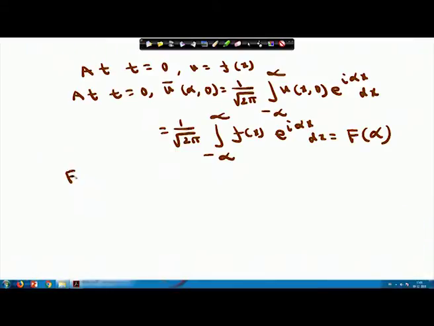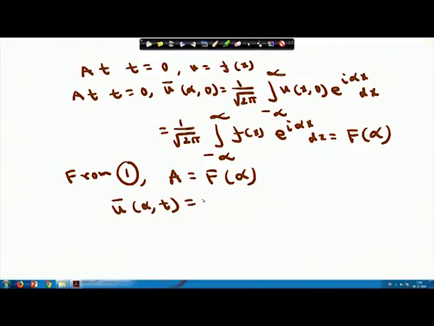Now, if you substitute this in equation 1, at t equals 0, u bar alpha 0 equals F of alpha, then I will obtain a equals F of alpha. So once I obtain the value of a, and the value of b is 0, u bar alpha t equals F of alpha into cos of c alpha t. From here u x t you can write as 1 by root 2 pi